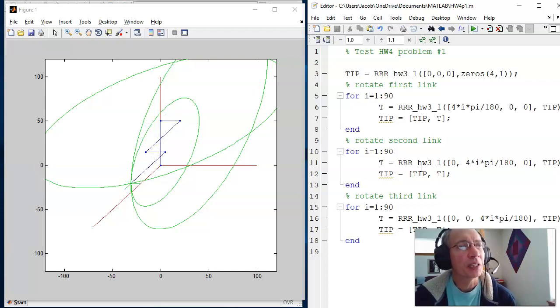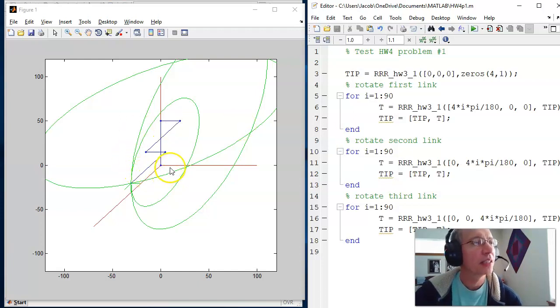If it's not right, you did something wrong with those first four terms, the alpha, A, D, and theta. That's what problem number 1 should look like. Problem number 2